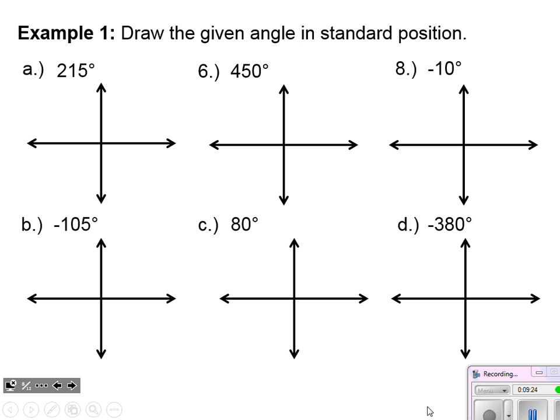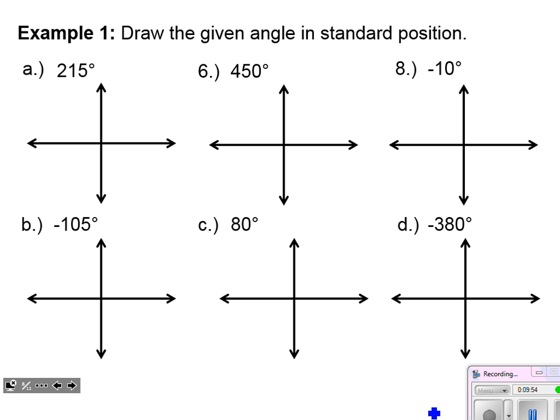Okay, our first example is just to draw the angle in standard position, just get a feel for what quadrant we're going to end up in, and how I'm rotating that terminal side around. So actually, I would pause the video if I were you and try this on your own. I'll check back in a couple seconds with the solution. Hopefully you took the time to pause the video and give this a shot on your own. Let's compare and see what we've got.